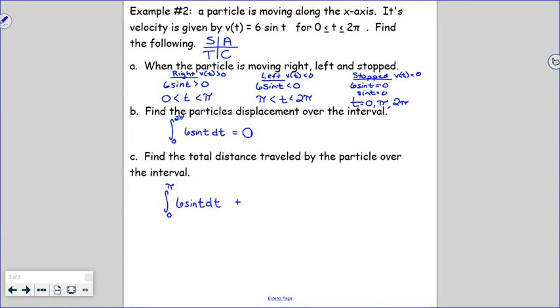And then moving left would be starting at pi going to 2 pi. And again, that's going to give us a negative value, so either subtracting our left integral or using absolute value symbols there. And then if you grab your calculators and type that in, we get